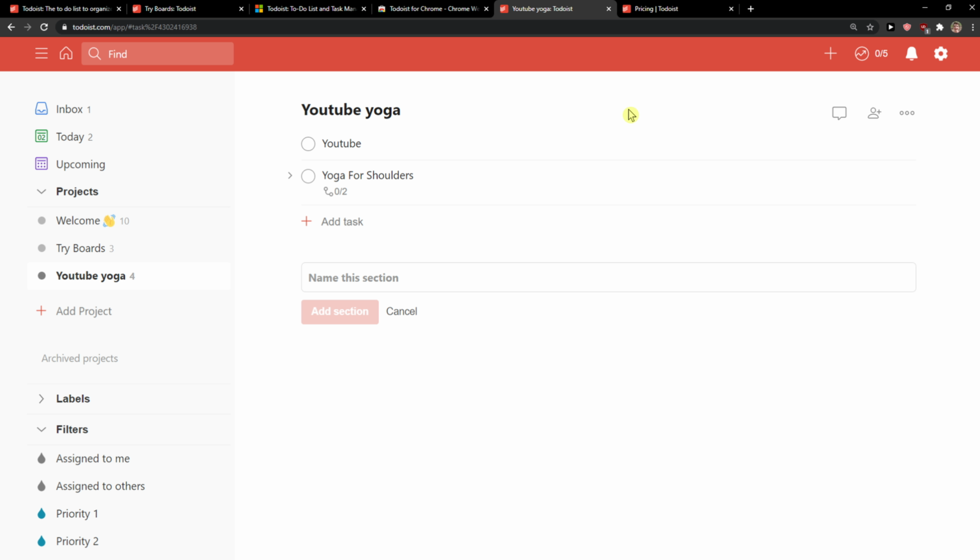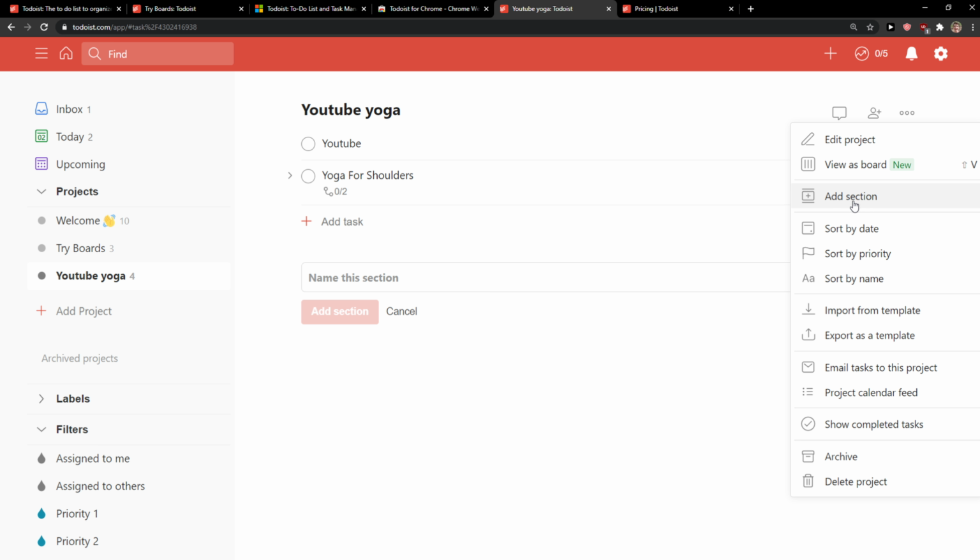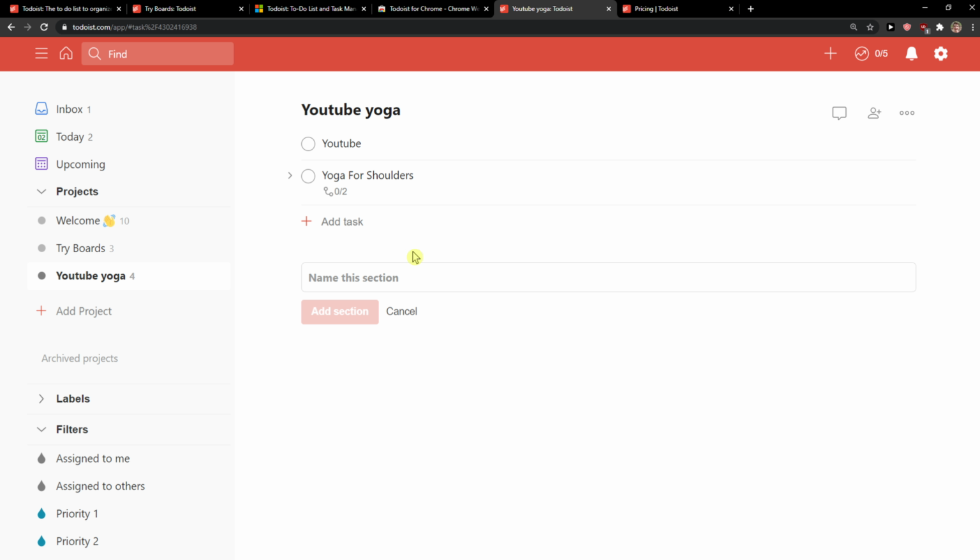The first thing that you want to do is just be in Todoist, and then you're gonna have like YouTube Yoga here or whatever project you got. So you want to click on three dots here, and then you're gonna see add a section. When you do it, you can name the section, and I can just simply go and write here